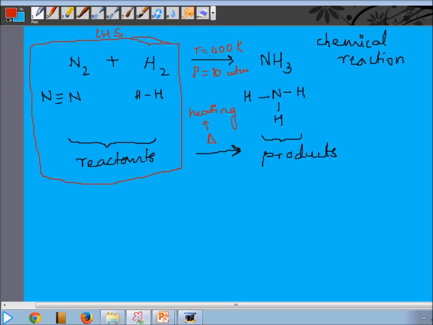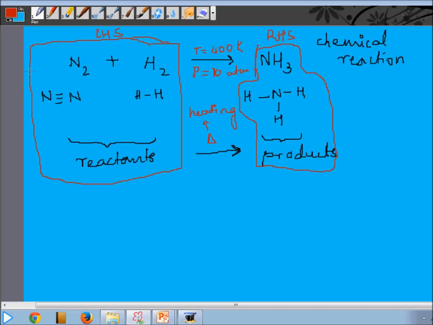So once I set these experimental conditions and apply them to N2 and H2 in a closed container, what's going to happen? The first thing that has to happen is breaking of bonds. Because the right hand side, RHS, is where our products are present. The right hand side has ammonia, the left hand side has N2 and H2. So obviously N2 is going to somehow get finished. Similarly H2 is going to get finished. Instead of that, a new substance is going to form.